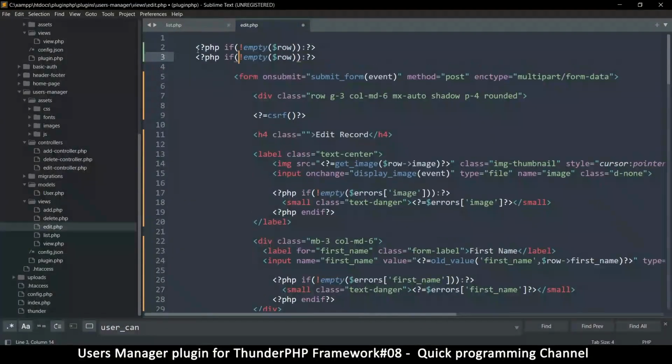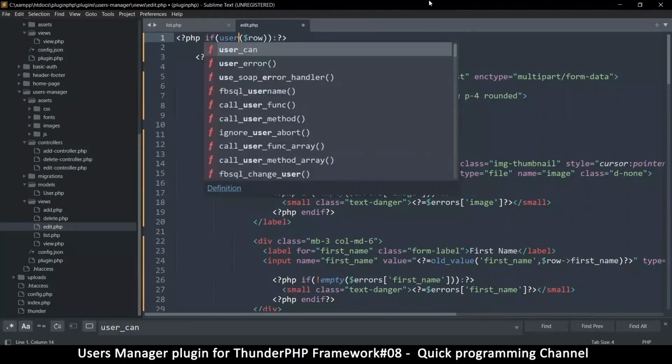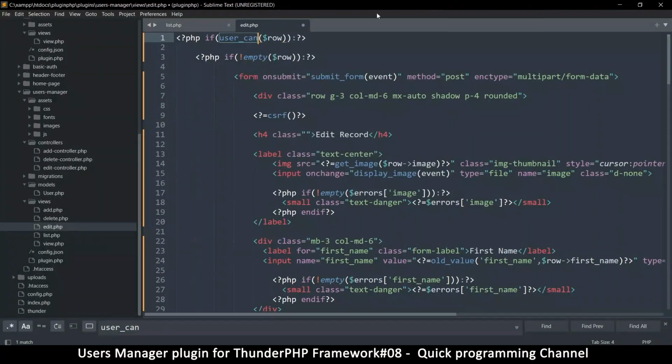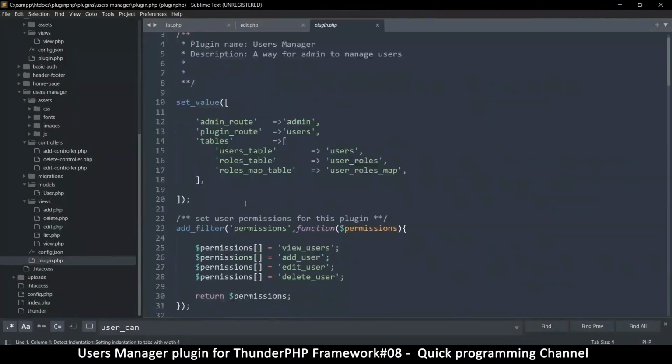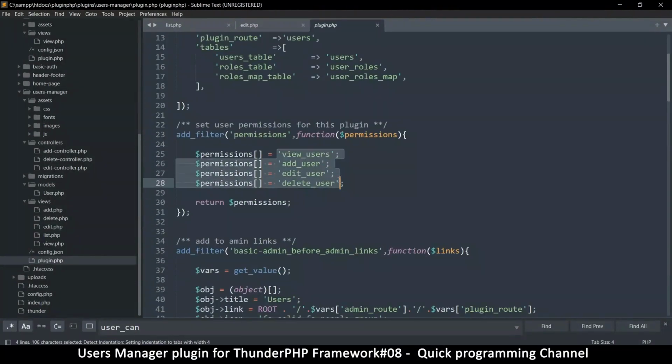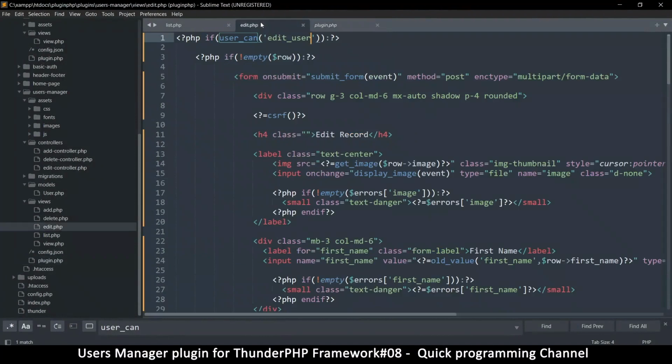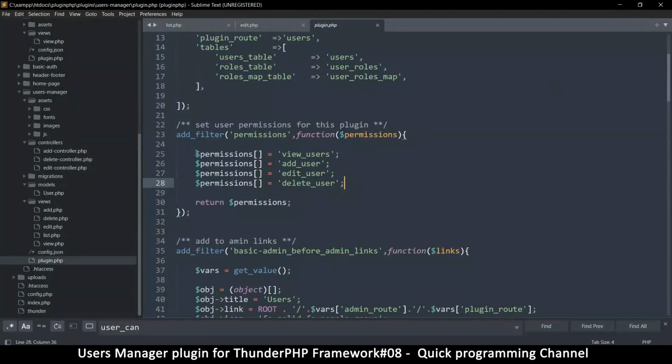I will duplicate this and move it away. Then here we're going to say user_can, and the one we want is edit user. So that's edit user. Now these permissions are the ones we gave in the plugin.php, the ones we listed there. Those are the permissions we are trying to add. Okay, so you must put those permissions